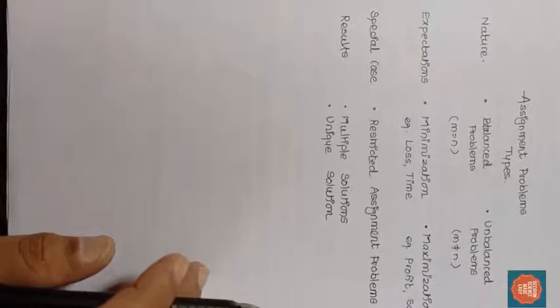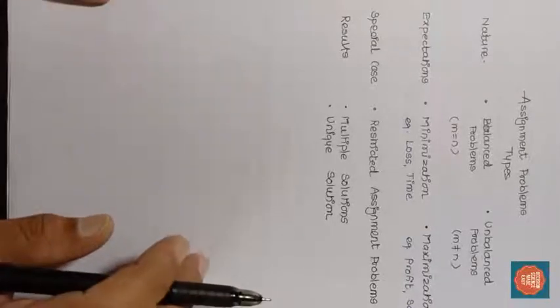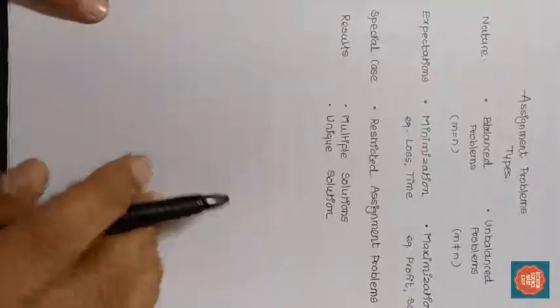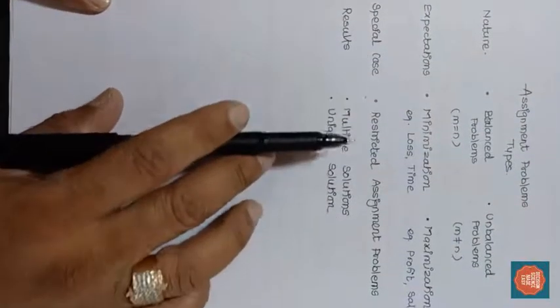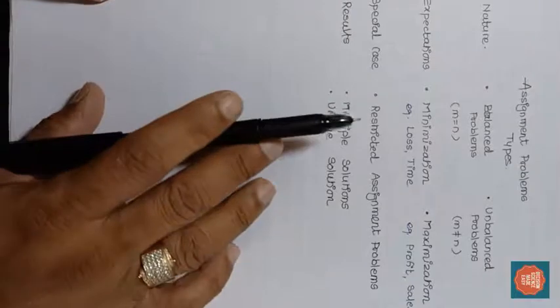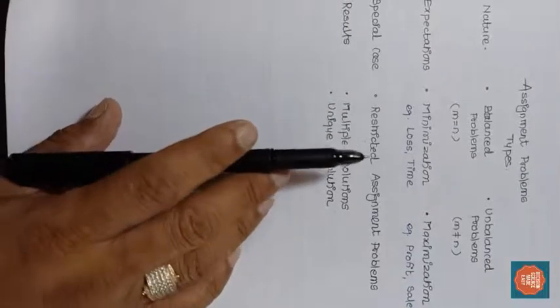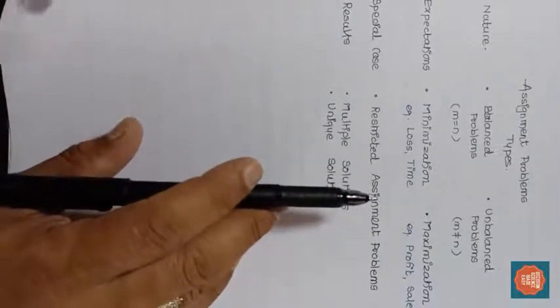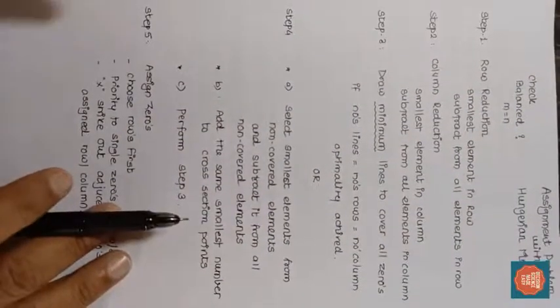In my previous lectures, we have talked about various types of problems that can be asked for assignments, like in the subject of operation research and decision science. Today we are going to talk about a very special case, when restricted assignment problems are asked. The word itself makes it understandable that certain kinds of restrictions are implied on the given problem. For that, let us see what is meant by restriction.